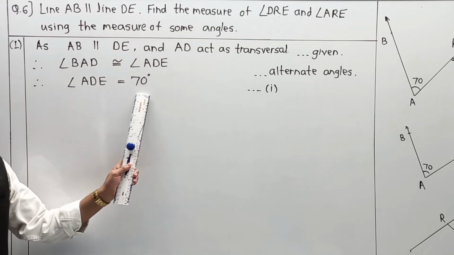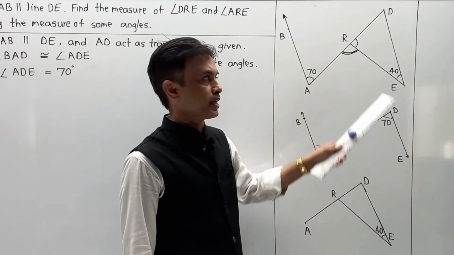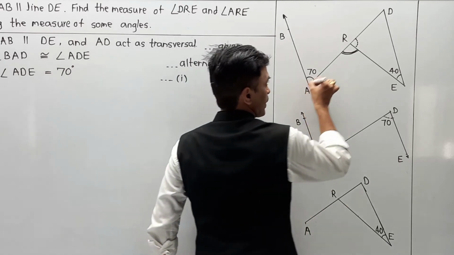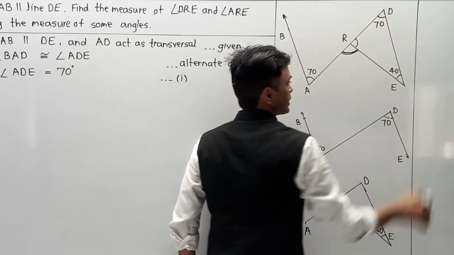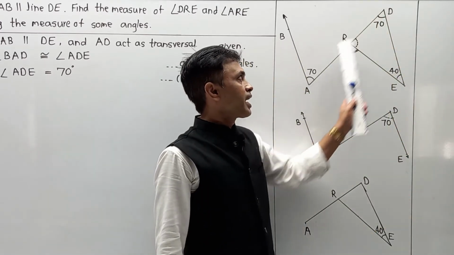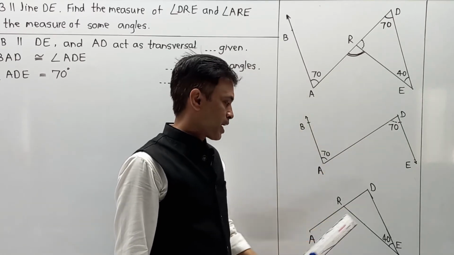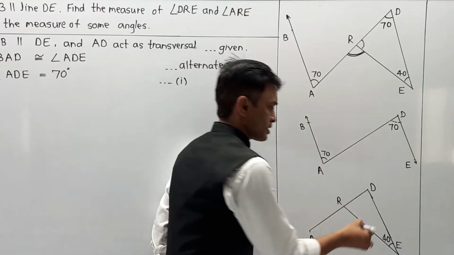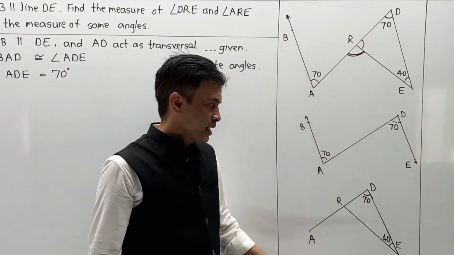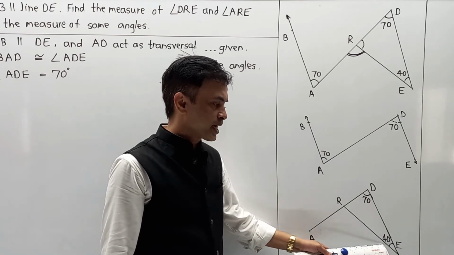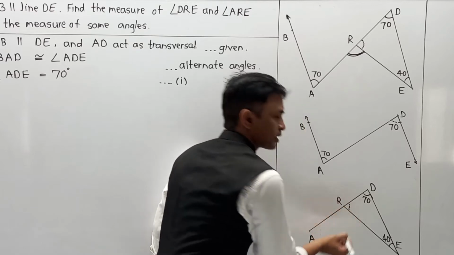I am going to add this 70 degree part in the given triangle so that you can have an additional part for understanding. What is exactly that part? Now angle ADE, this value becomes 70 degrees, as I am coming from this diagram over here. Now one angle is 70 degrees, the next angle is 40 degrees. We can find the third angle, and that is nothing but the value of angle R.